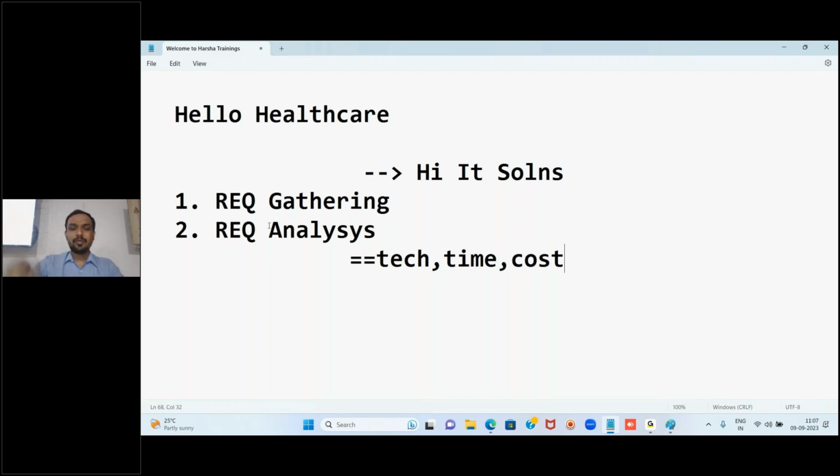Also how many people, and the infrastructure. People means resources, and infrastructure means computers, right? If you are getting extra people, you have to buy extra systems also. Like this, all the things will be estimated, and all these activities are done at this phase called requirement analysis.